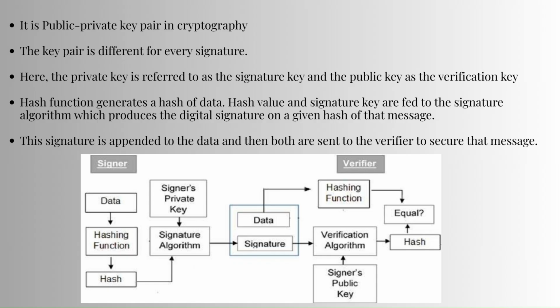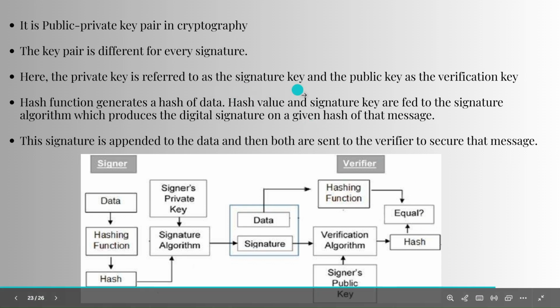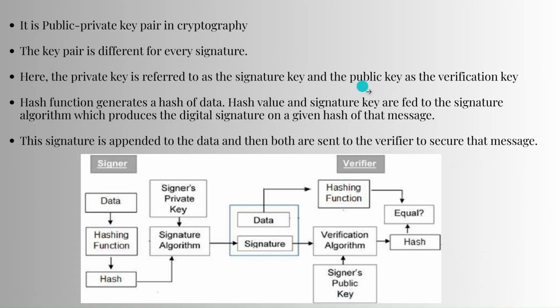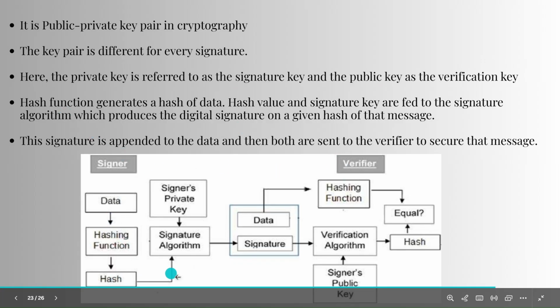सो इन पब्लिक एंड ये भी पब्लिक प्राइवेट की पेयर का यूज़ करता है एंड द की पेयर इज़ डिफरेंट फॉर एवरी सिग्नेचर। द प्राइवेट की इज़ रेफर्ड एज अ साइनर्स की, प्राइवेट की को हम सिग्नेचर की बोलते हैं, वेरएज पब्लिक की को हम वेरिफिकेशन की बोलते हैं। सो ये सेम है, वही चीज़ें, साइनर है और वेरीफायर है।